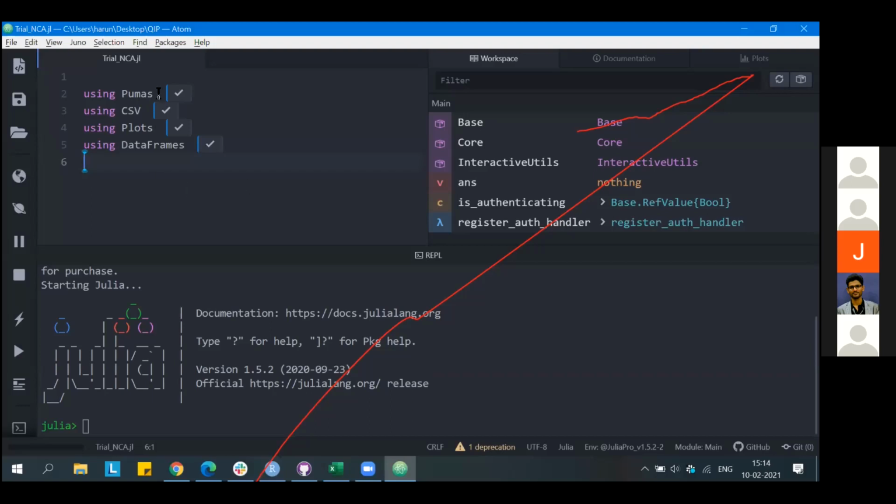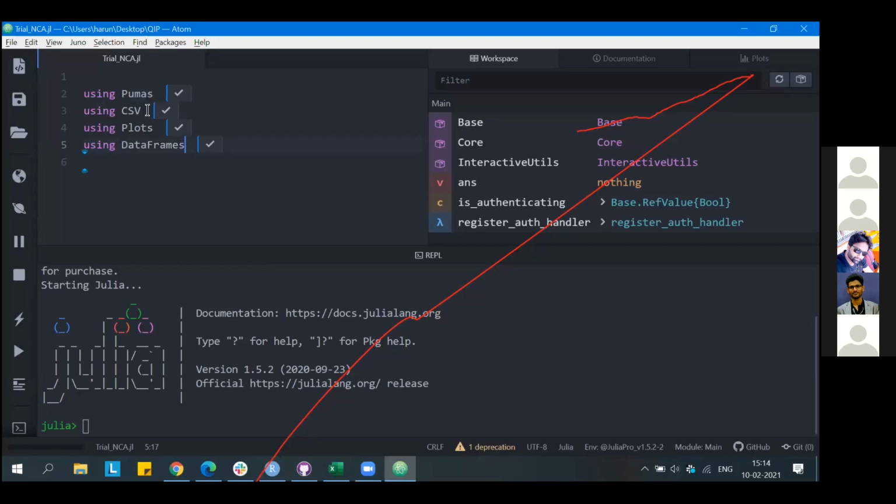Once the file is saved, you'll have to call in the libraries, which is using Pumas, CSV, Plots, and DataFrames. Is that clear? Unless and until you have completely installed all of these packages and called in all of these libraries with the command using, you won't be able to use any other function that takes help from these packages, that is Pumas, CSV, Plots, or DataFrames.